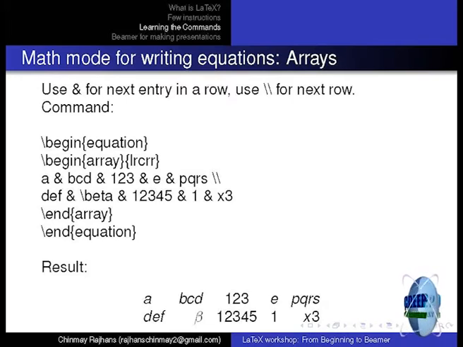Unfortunately, the bracket size will be small, like your proper text size bracket, and you want a bigger bracket. The way to do this is to put backslash left and open a square bracket, and when you are outside end array, you put backslash right and a right bracket. If you do that, it will give you the bigger brackets.